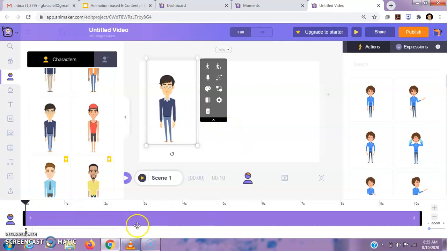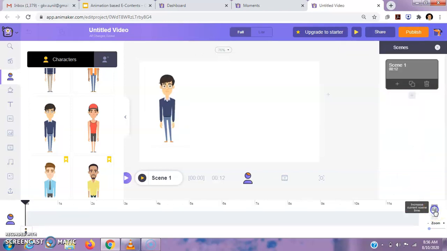Now at the bottom side we will see that this particular line is of 10 seconds. This is the timeline for our first slide. It is for 10 seconds. If we want to increase its time, we have to click on plus, and its time will increase. We can see.